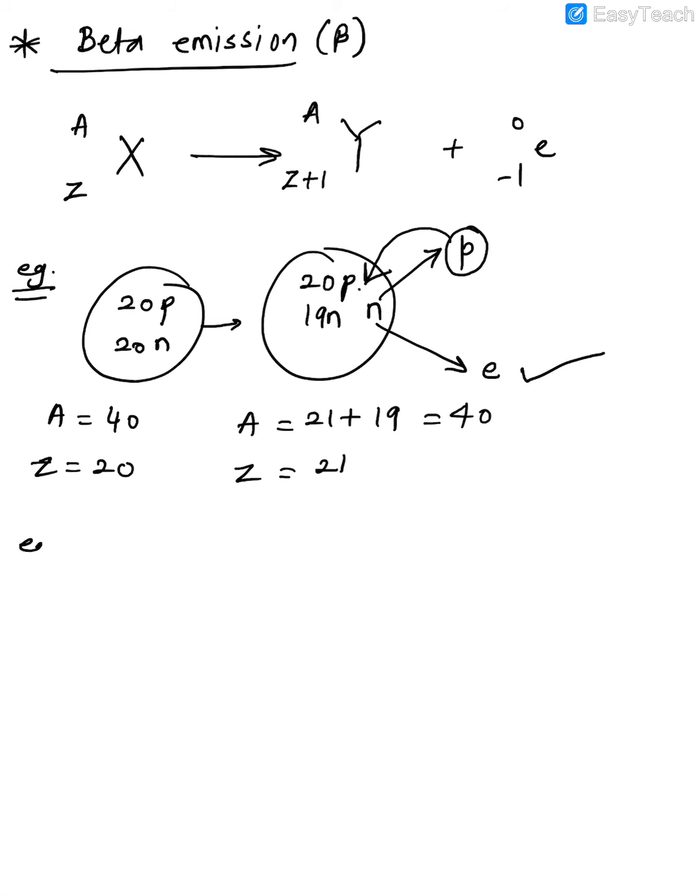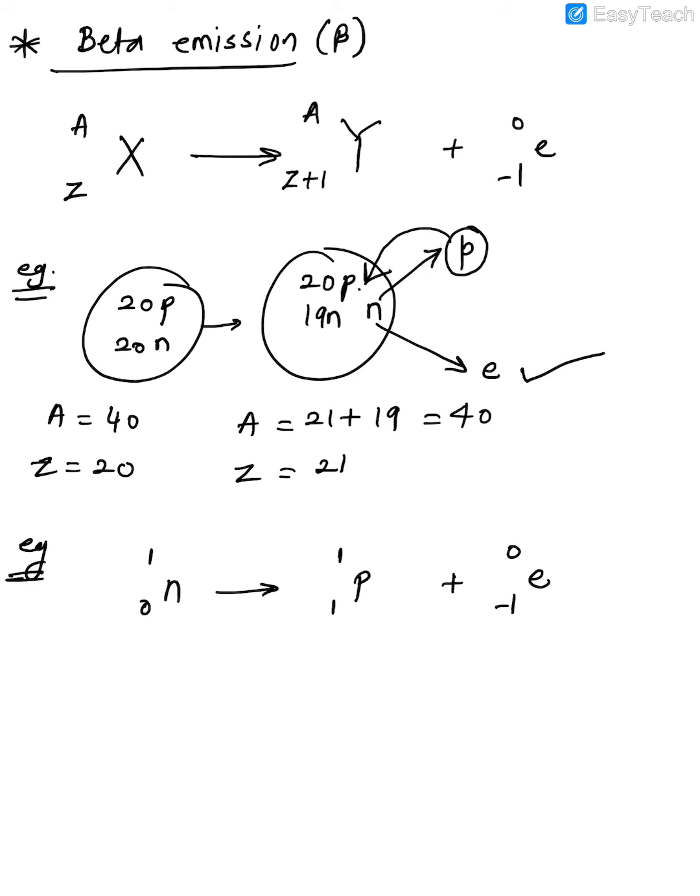So there's one more equation, like they've explained. Say there's a neutron. So atomic mass is 1, atomic number is 0. What will happen now? This neutron will split into what? A proton and an electron. So proton will be what? 1, 1. Electron will be what? Minus 1 and 0. Again, to balance it.